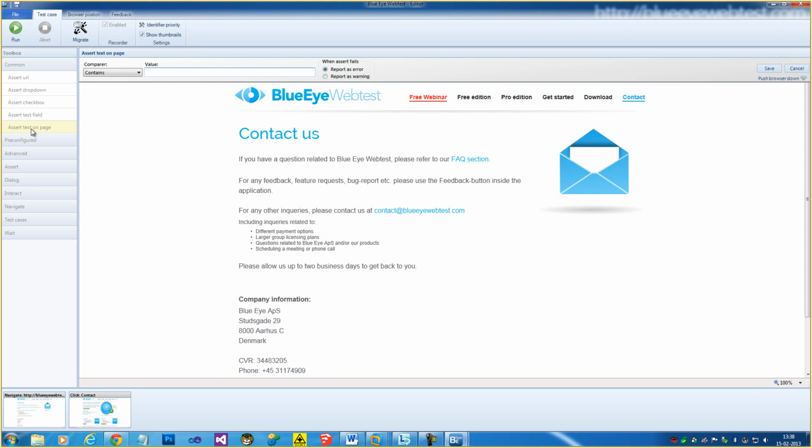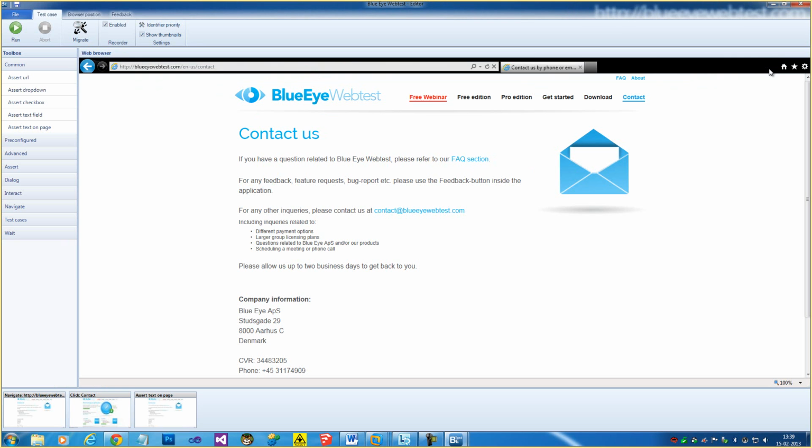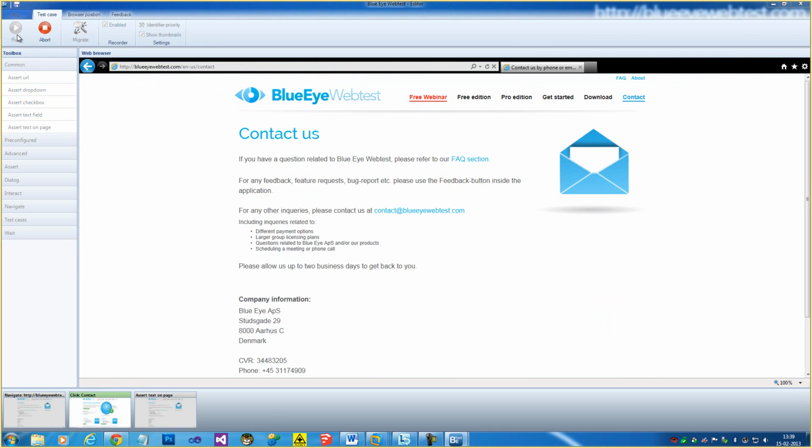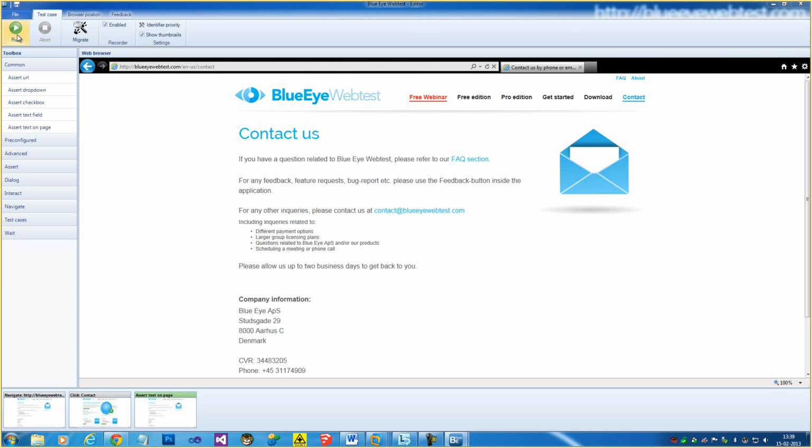It says assert text on page. And now Blue Eye Webtest will allow me just to click the field that I want to assert. So if I click here, it's automatically going to suggest that I want to make sure that my page contains this FAQ section. Let's hit save. Let's try running it. And we see we didn't get an error. If this had been removed,